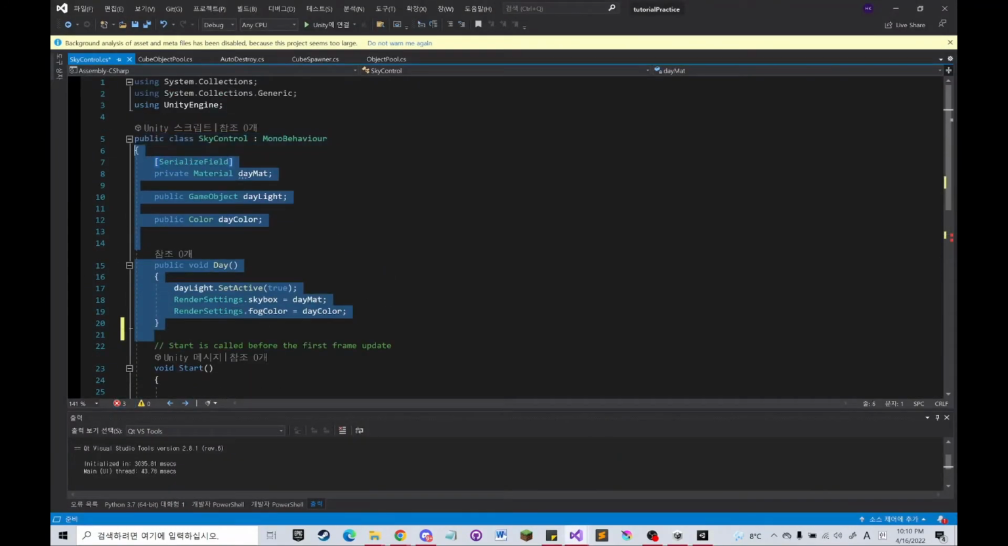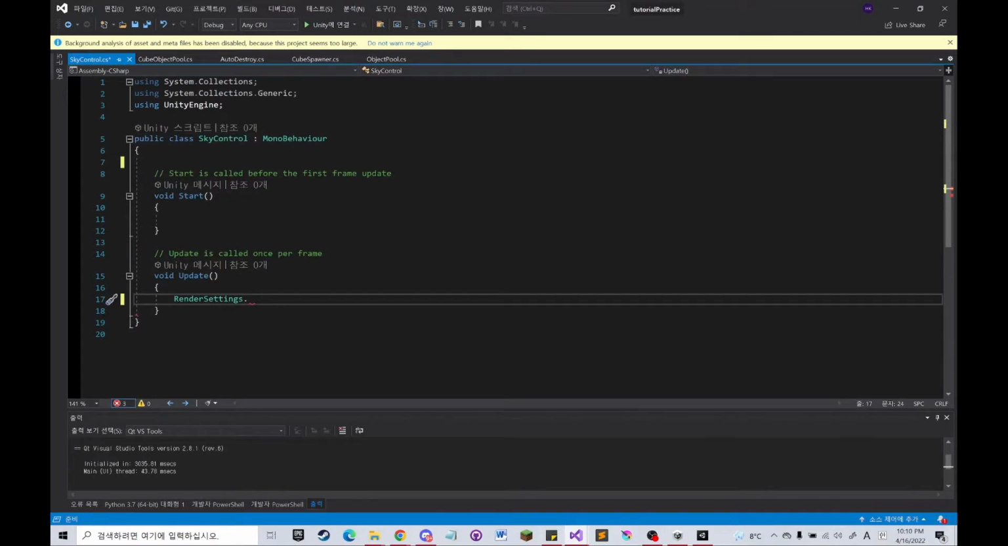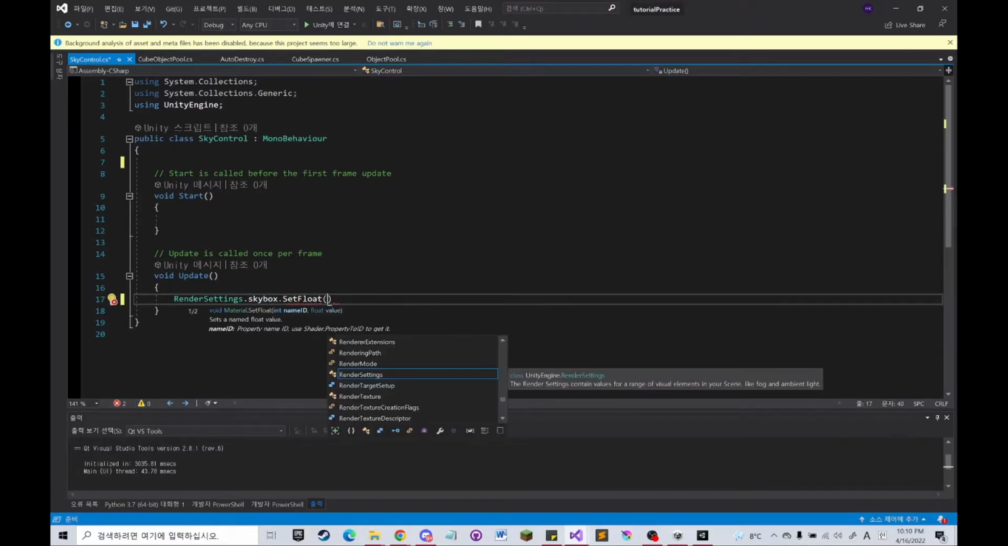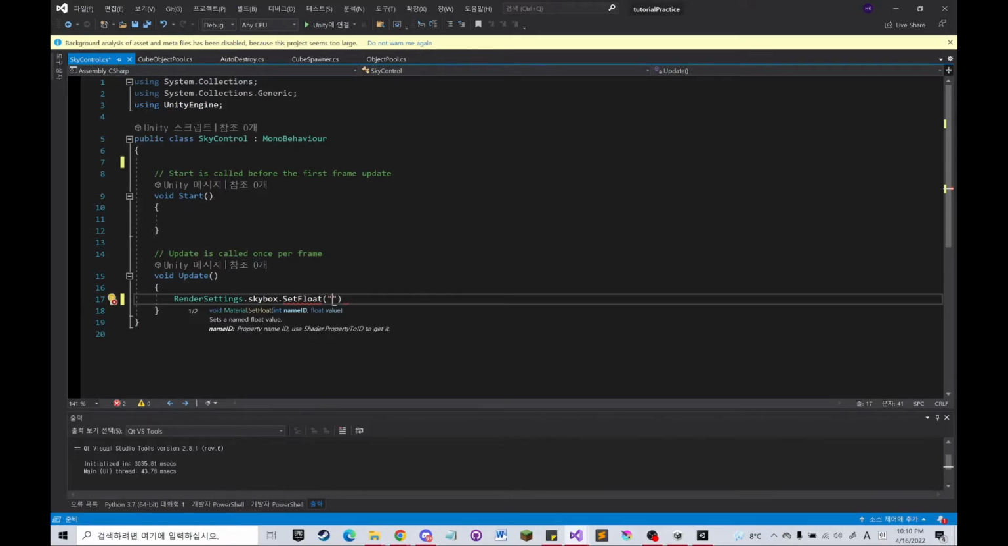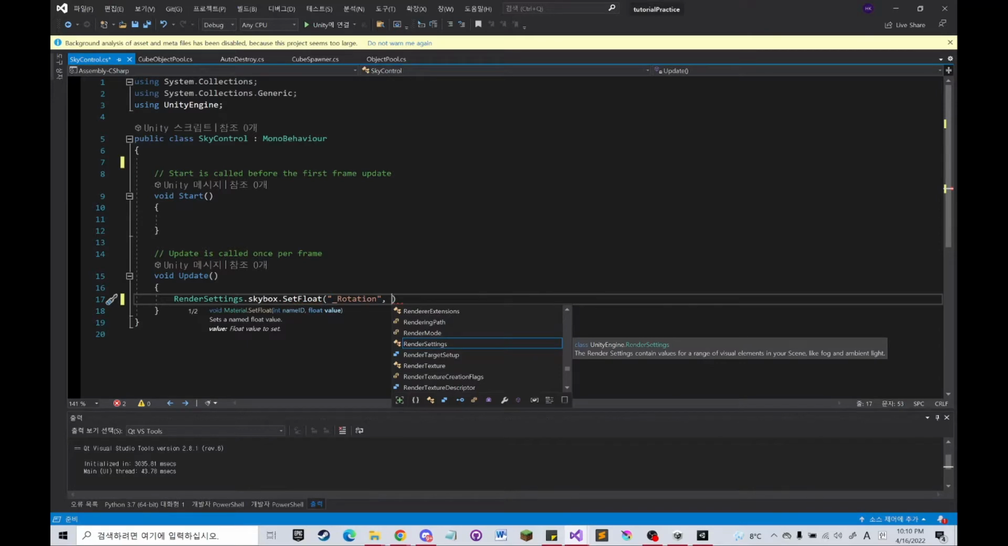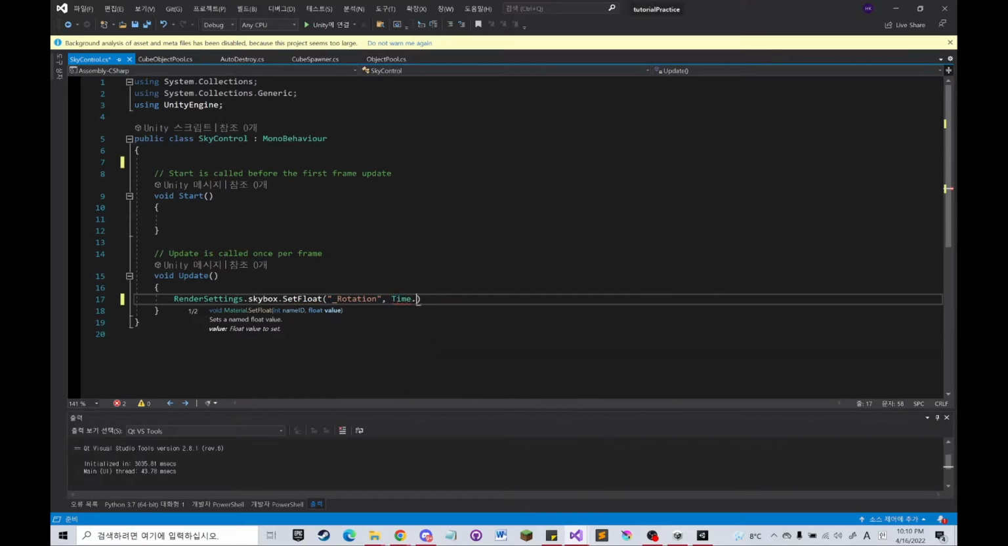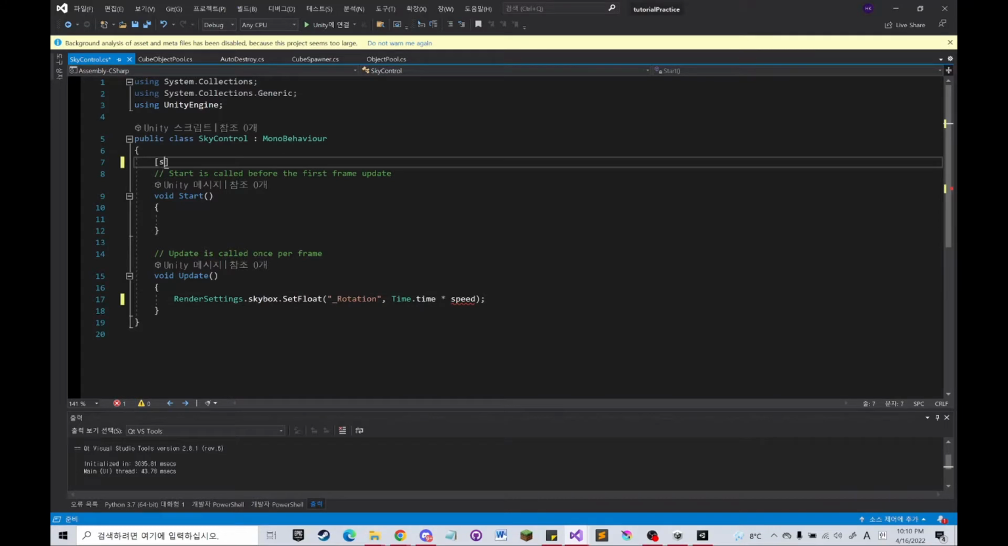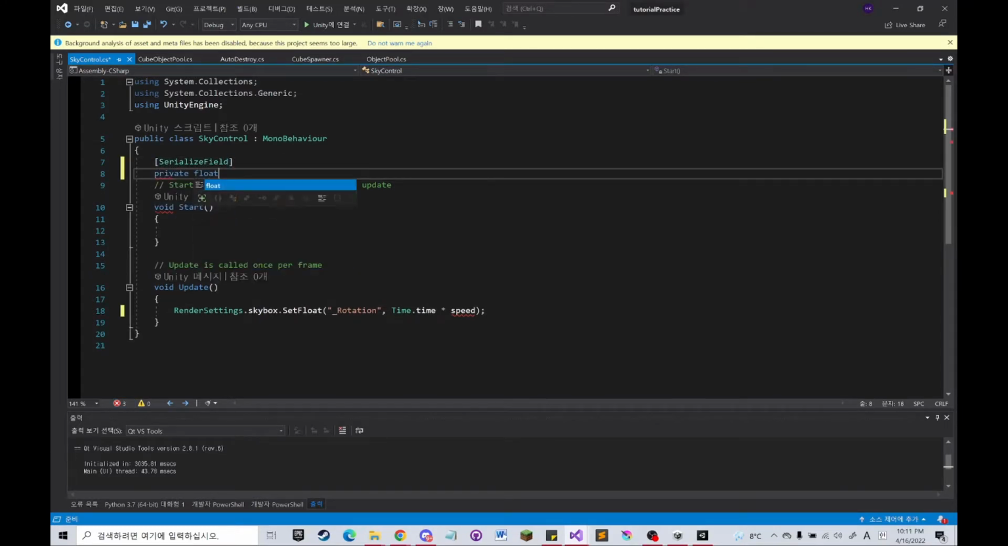and then go to Update. What you're going to do is RenderSettings.skybox.SetFloat, and the first parameter is the name of that variable that we saw, so it's going to be _Rotation, comma, and then the speed we're going to use for the cloud to move, so we can make a variable here. Then we just make one private float speed,